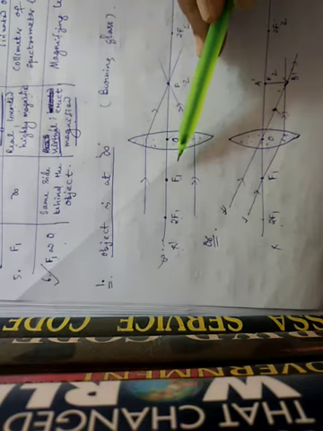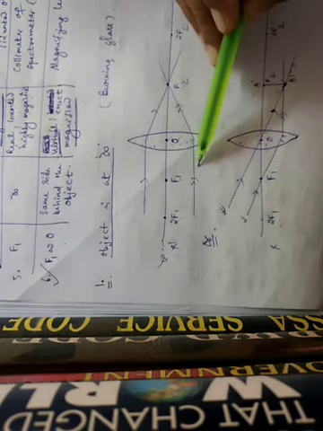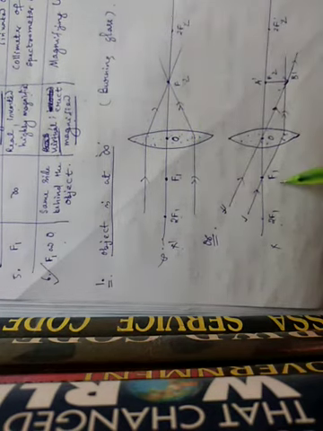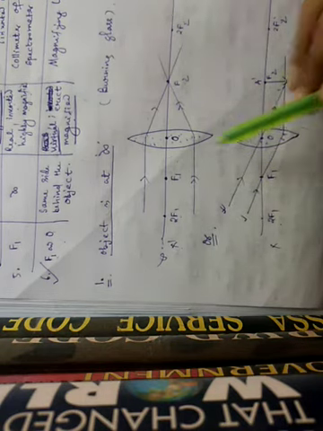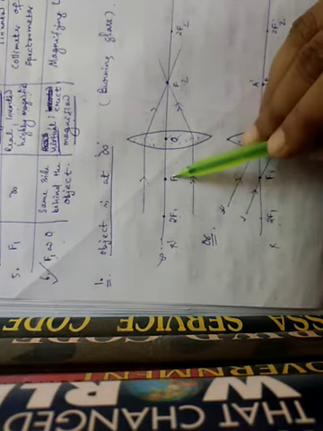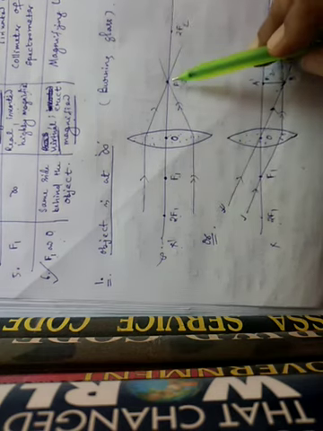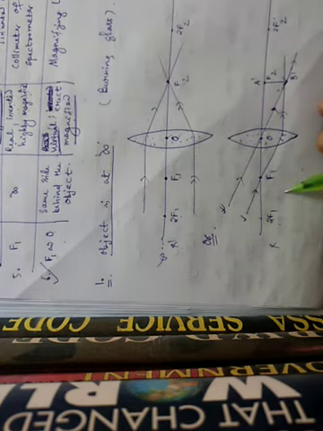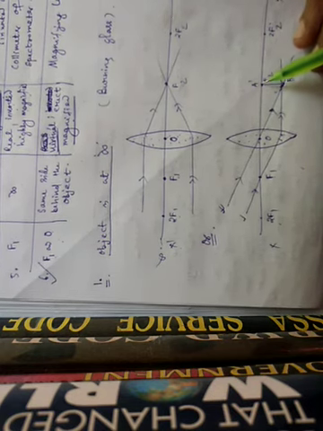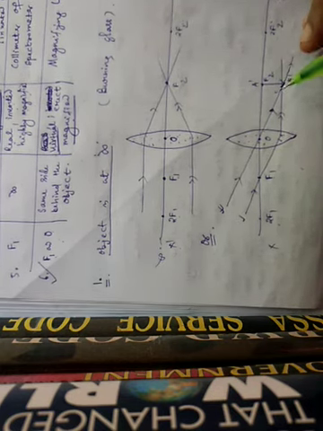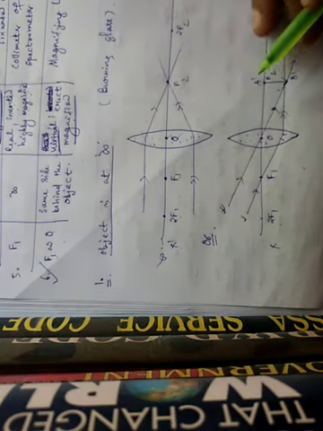Here you see, this is the case where two incident rays are parallel to each other. This is also a case where the incident rays are parallel to each other. Why are two diagrams there? Now in this diagram your image is a point image. But in this diagram your image is not a point image. It has some size. So you can use whichever type of diagram is asked in your questions.